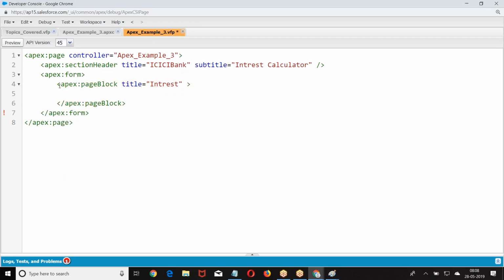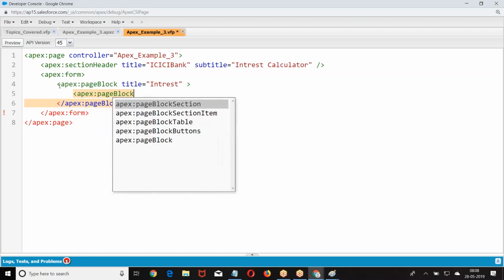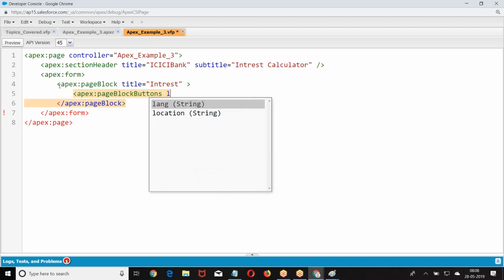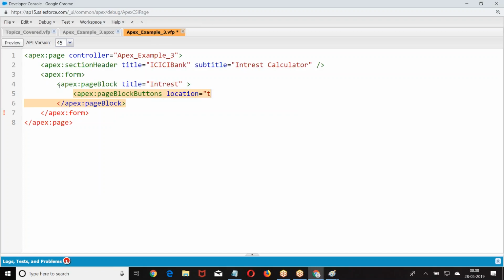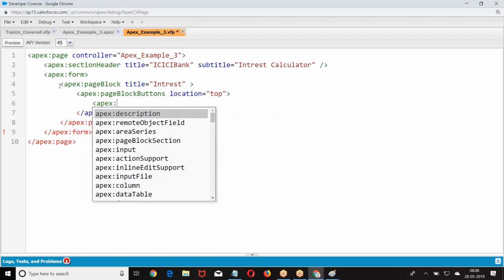What are the two buttons we asked you to create? Apex page block buttons. Location is on top.